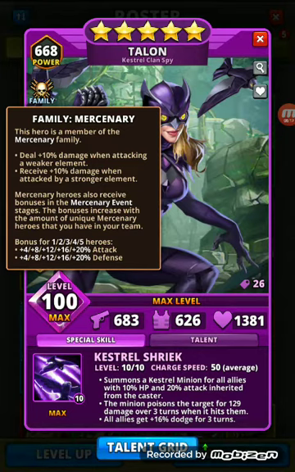Also receive 10% extra damage when attacked by a stronger element, so unfortunately, yeah, the war machine's gonna get back at her. But that's okay. She's still good for them. Mercenary heroes also receive bonuses in the Merc event. So when it's yellow bosses, I always have her